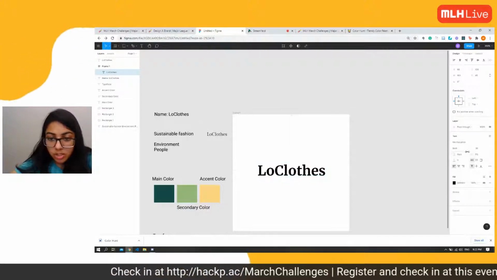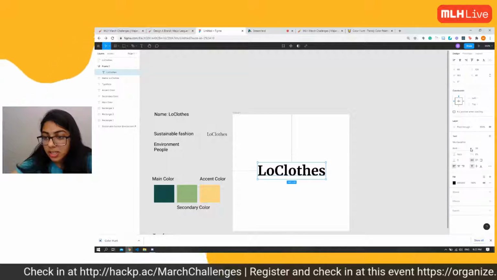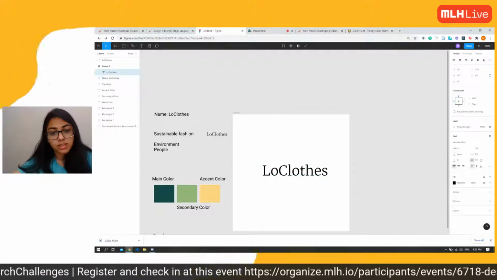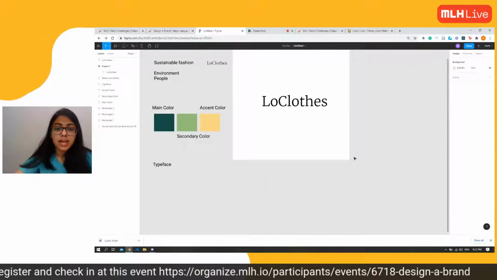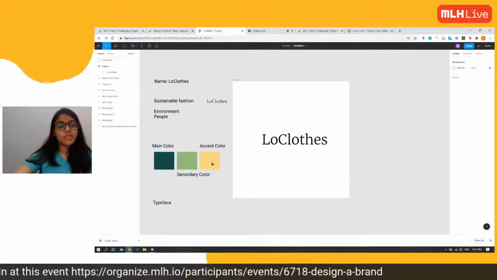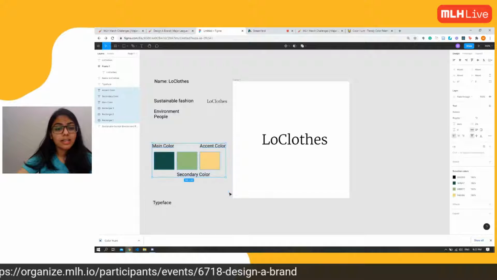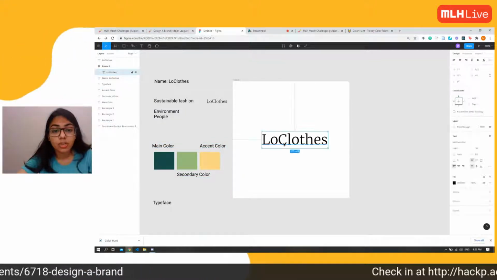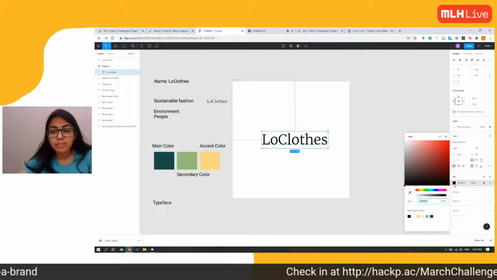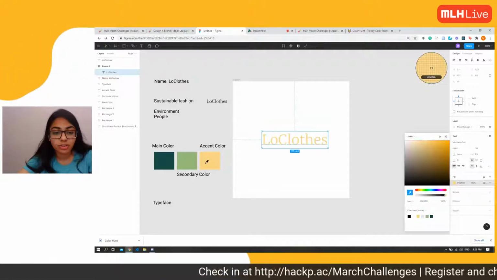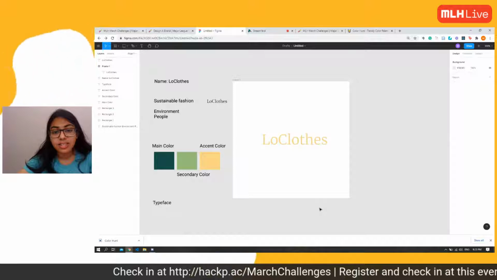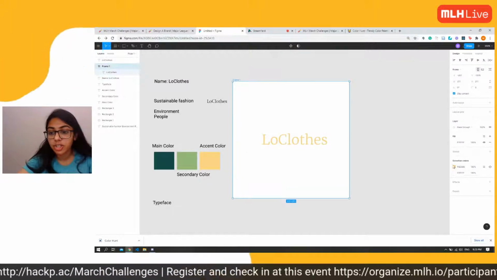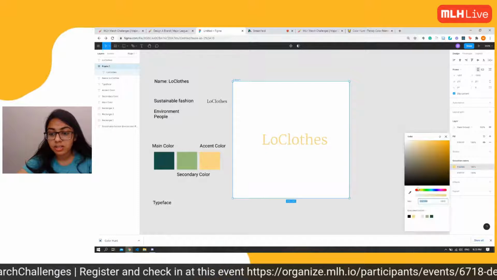Do we want it to be bold or regular? I think, or maybe even light. I think I like the light one more. Seems to gel better. Now we sort of have these colors, and let's see how they would look if we use them in the logos. So what we can do is maybe let's try using this color on the fill, and then maybe whenever we're using the logo, we can have it on a greenish backdrop